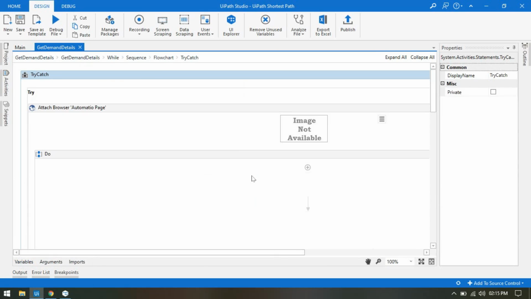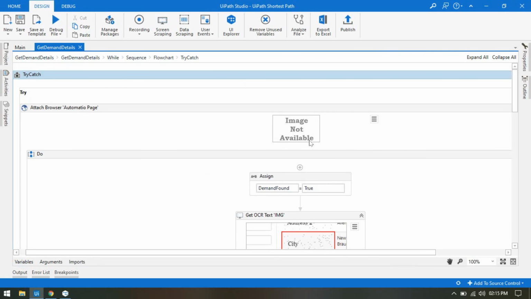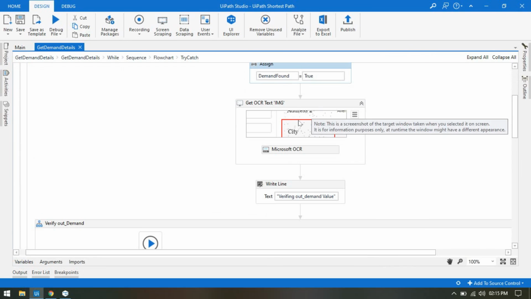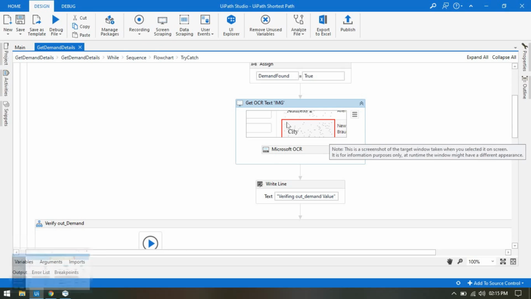Now let me open this try catch. Let me move here, and then I have taken one attach browser, and then first I am setting this demand found equal to true.